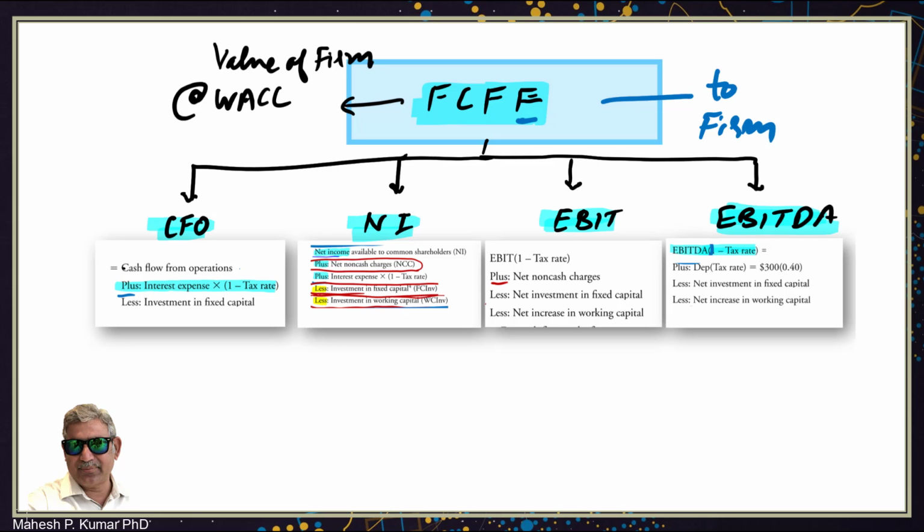So if we are provided with the cash flow statement, in that case we will use CFO, cash from operations, from the cash flow statement, to compute free cash flow to the firm. In this case we will use this formula. CFO would be the starting number from the cash flow statement. We will add to that interest multiplied by 1 minus tax rate, and then we will deduct from that